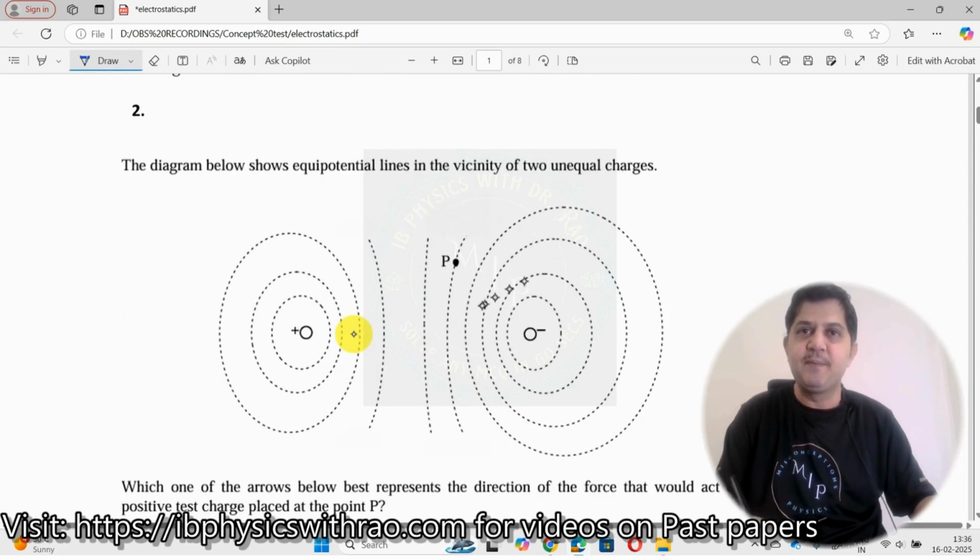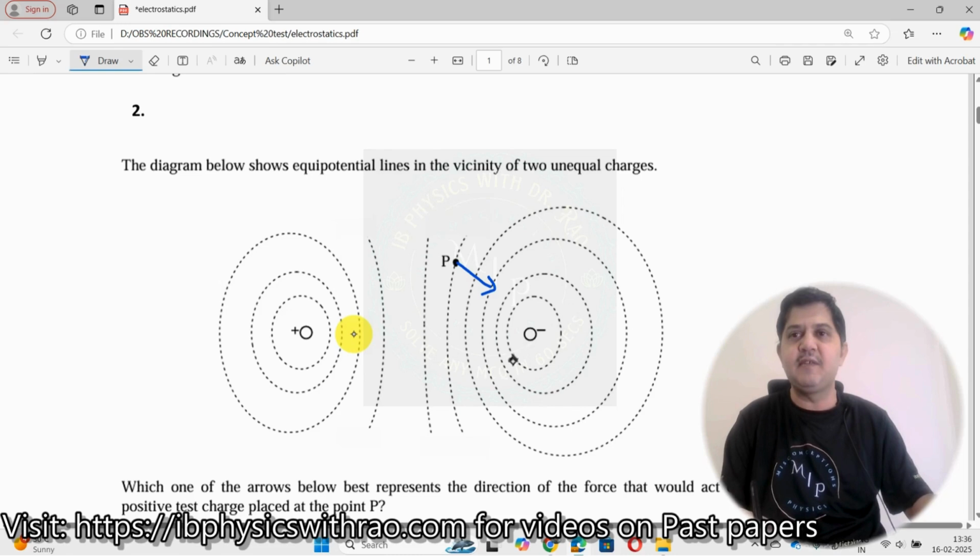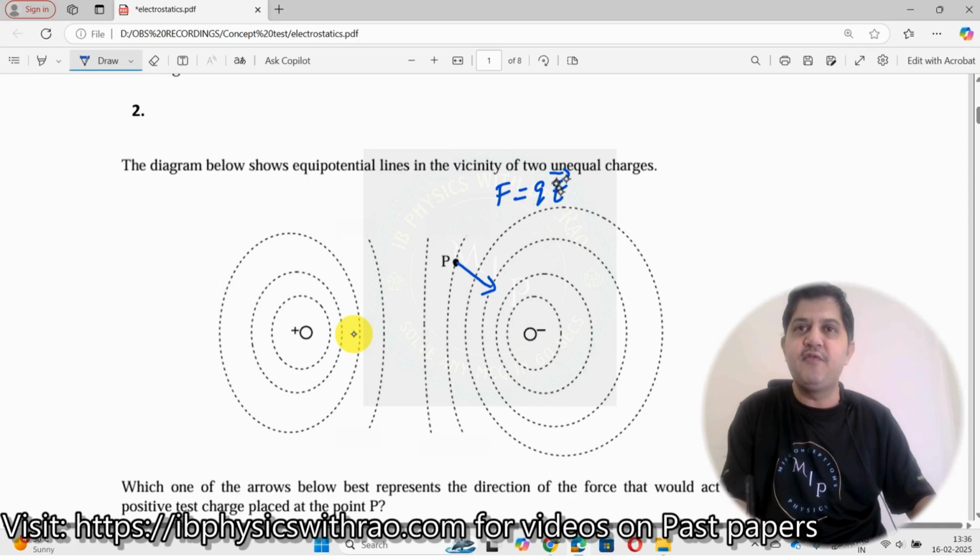Now here, if you see, this is on this equipotential line. What does this equipotential line signify? The potential is the same at every point over here, and the force field is directed in this direction. Why? Because of the negative charge. A negative charge will always have the field lines attracted towards it. If the field lines are attracted towards it, what will be the force? You know, force is equal to Q times E. If vector E is directed like this, then Q being a scalar, force would also be directed like this.